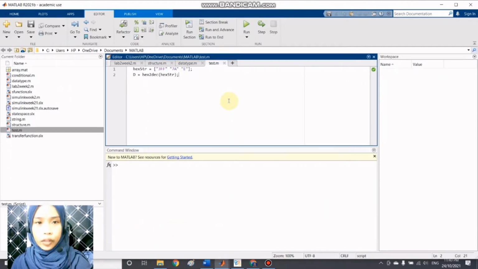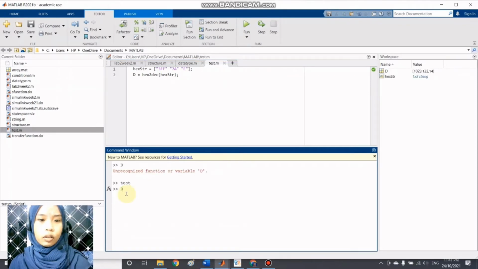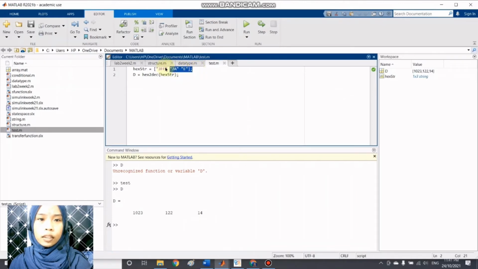So for the string, we use hexstr, string hexadecimal, 3FF, 7A, and E, and we call the command D equal to hex2dec of the hex string. So we put it in the command window, and then we call D, and then it will come with 1023, 122, and 14. So based on the 3FF, 7A, and E, the workspace also